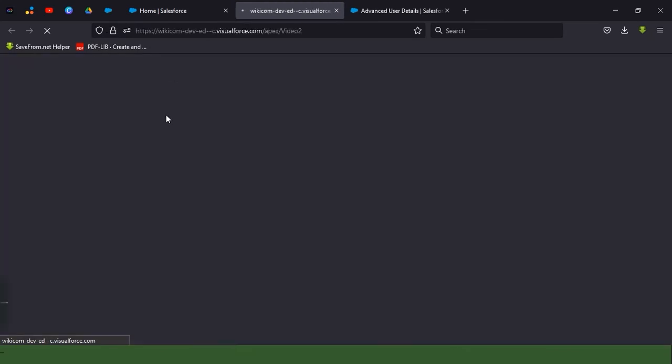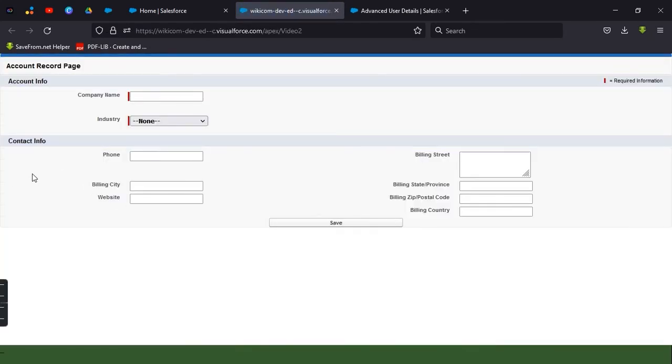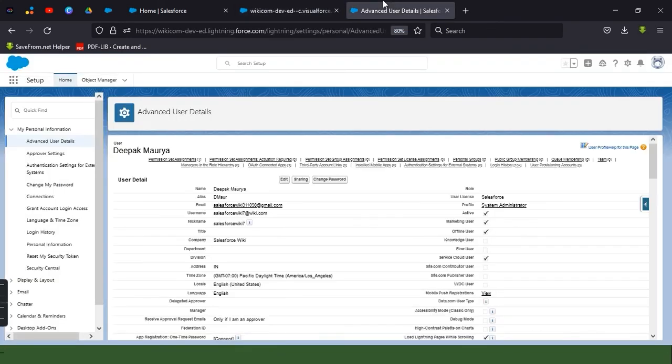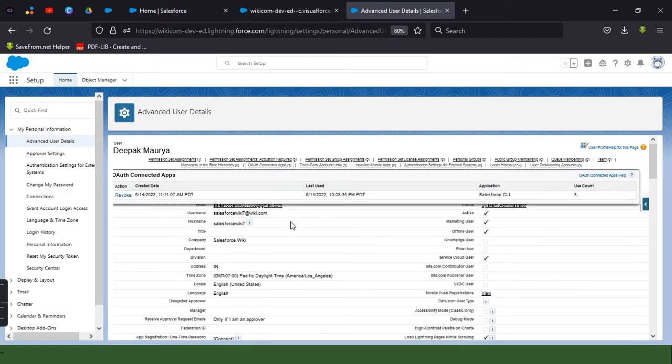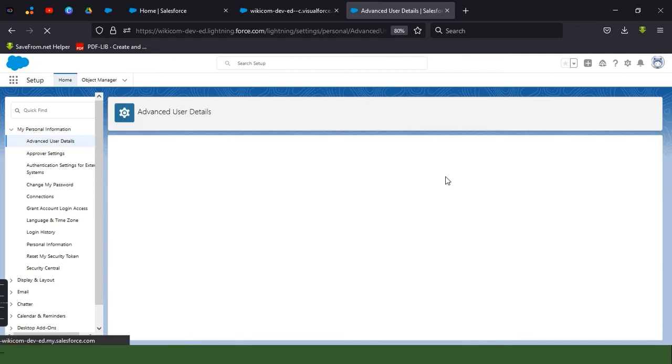As you can see, this Visualforce page is getting previewed, but we don't have any option to view its code. After enabling development mode, we will get a code editor here through which we can edit the code on the fly. So without wasting time, I will enable development mode and show you how things work differently.